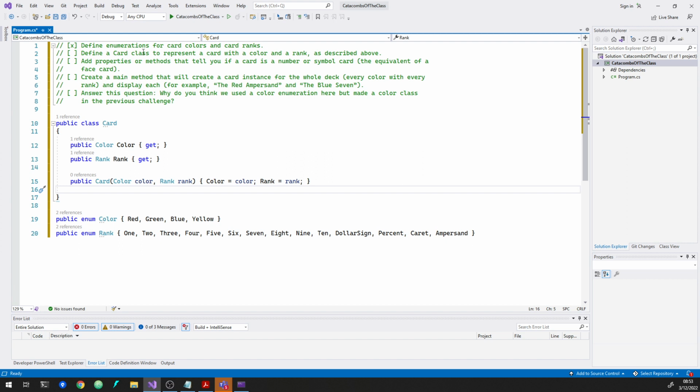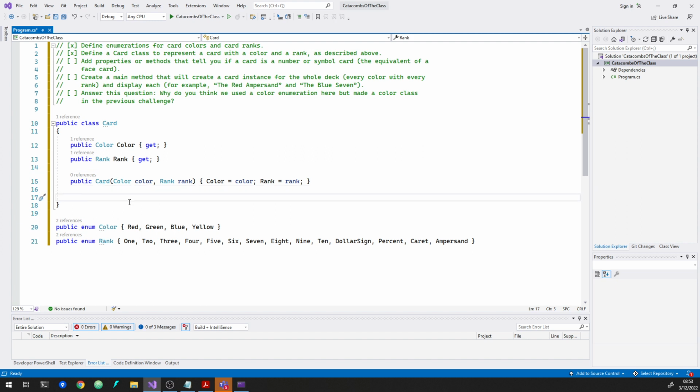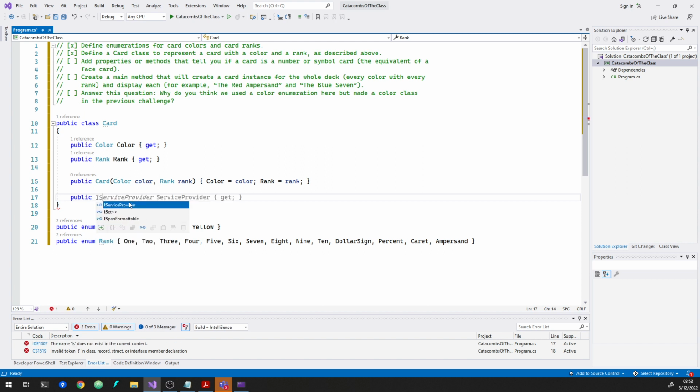Define a card class to represent a color. Yeah, so I think we can check off that one. Add properties or methods that tell you if a card is a number or symbol card, the equivalent of a face card. It gives us the choice, a property or a method. I think I'm going to go with a property, IsNumber. And then I'm going to say,